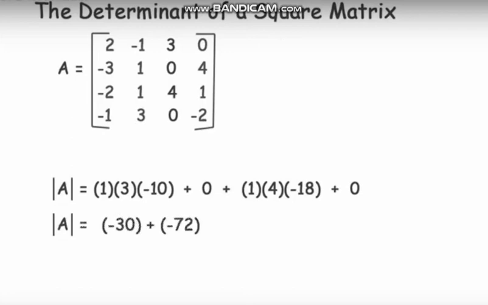So we have that the determinant of matrix A is negative 102. To find this 4x4 determinant, we began by applying the method of expansion by cofactors to the matrix A, but then we ended up with two 3x3 determinants in the midst of our calculations and had to apply expansion by cofactors to find each of the 3x3 determinants as well. I'm sure you can imagine how tedious finding the determinant of a 5x5 matrix